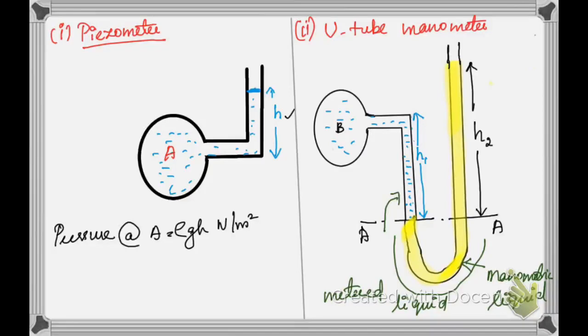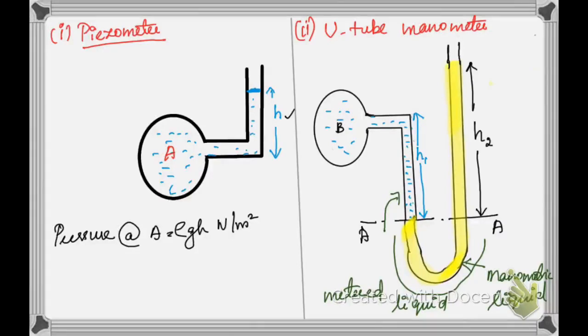because the specific weight of mercury is high, so the height of the mercury column required to balance the pressure will be very small compared to other liquids. Hence it reduces the length of the tube required, and so it is very economical and convenient. Apart from that, mercury is immiscible with most liquids, it has a very low vapor pressure, and it will not vaporize under normal pressure. So we'll be using mercury as the manometric liquid.